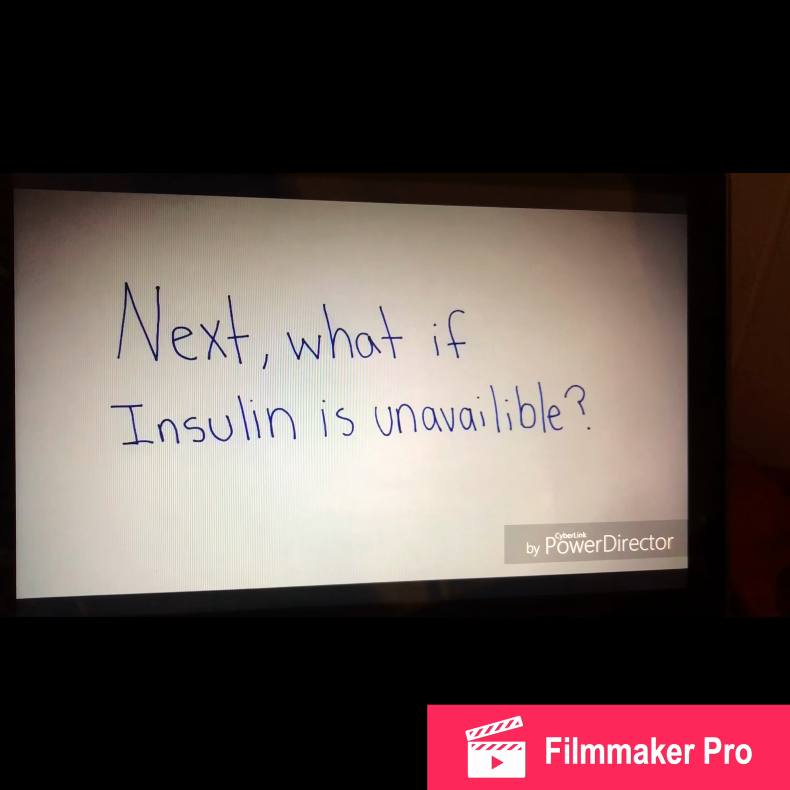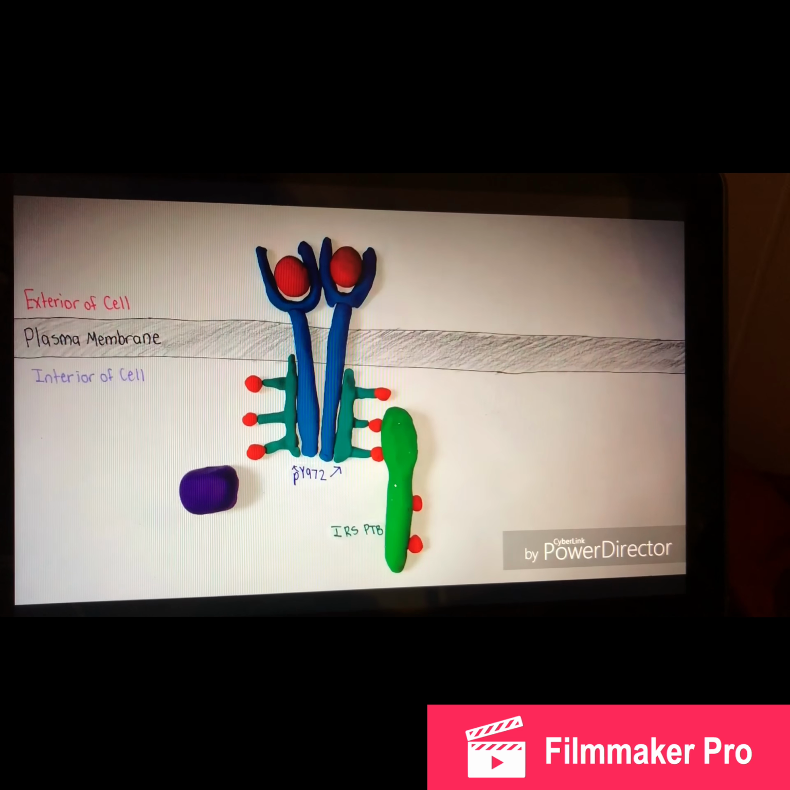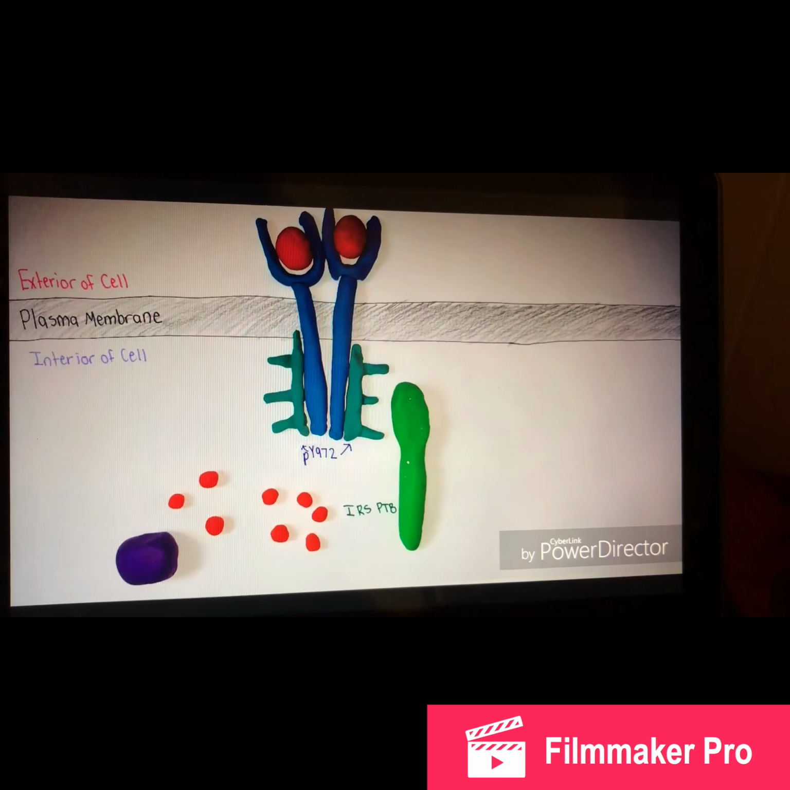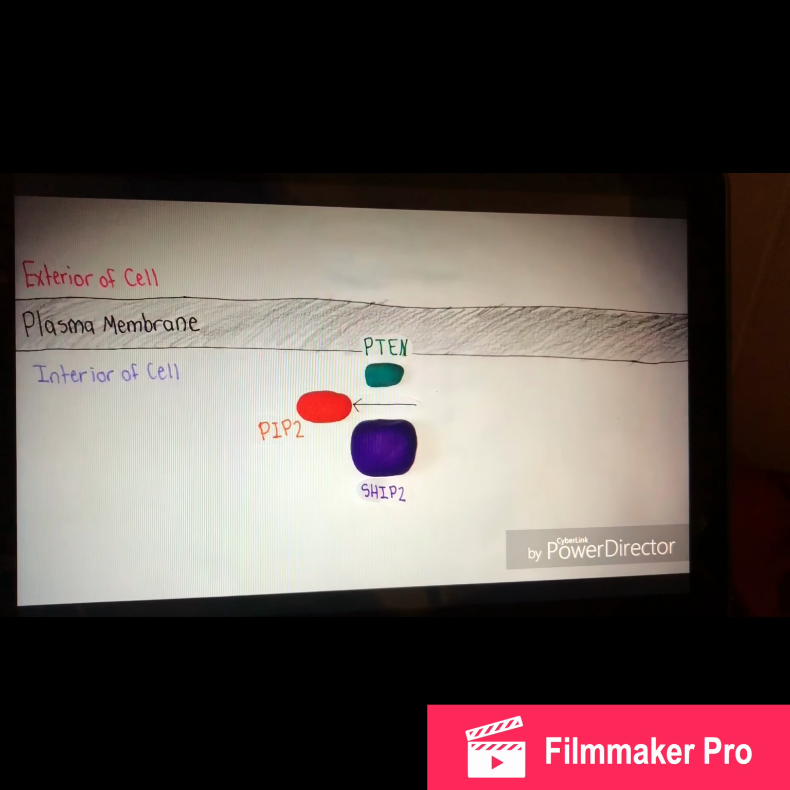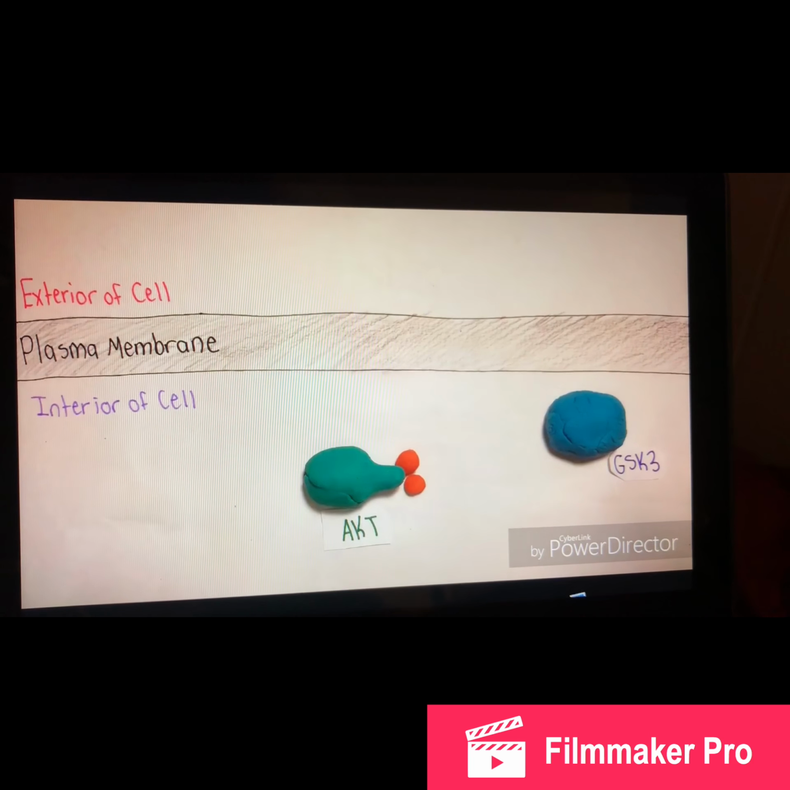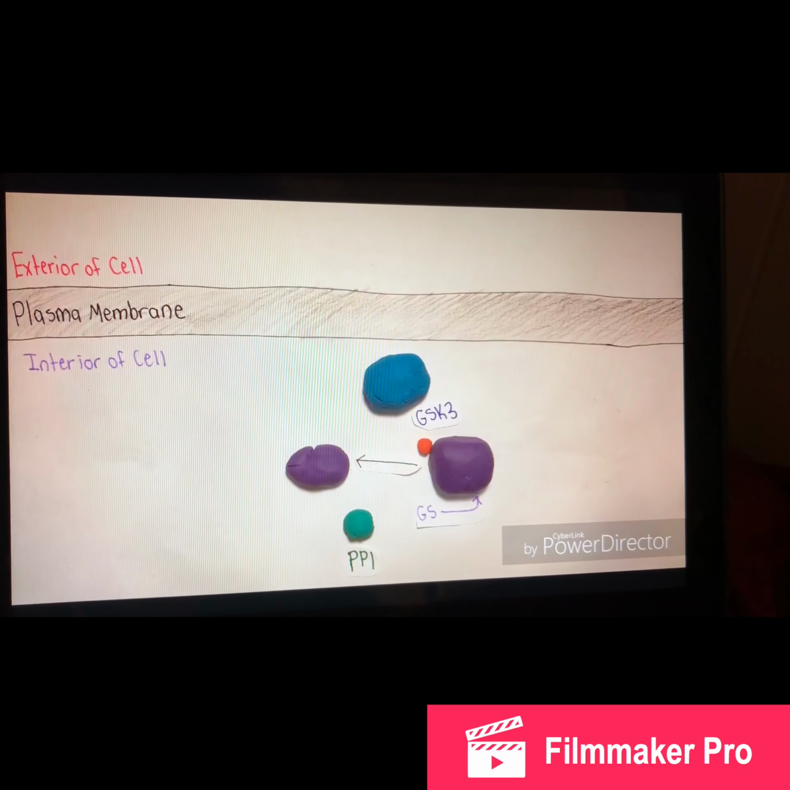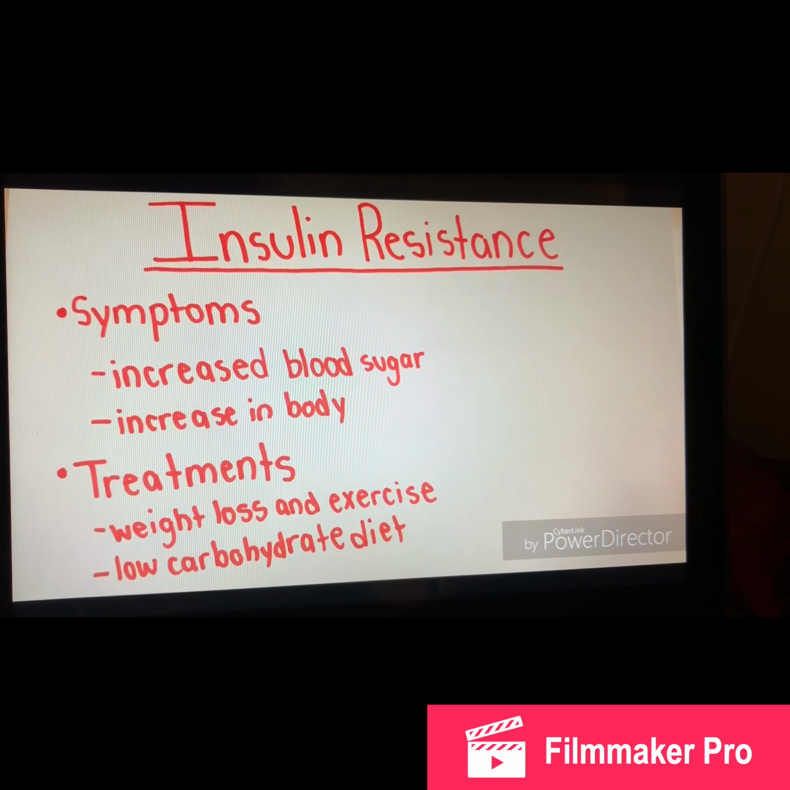But what if insulin is unavailable? An SHIP2 molecule is used to dephosphorylate IRS-PTB and the tyrosines. Then, SHIP2 and P10 dephosphorylate PIP3 to form PIP2. No PIP3 means no AKT, which means that GSK3 will not be phosphorylated. GSK3 is unable to produce PP1, which means that glycogen is not made. When